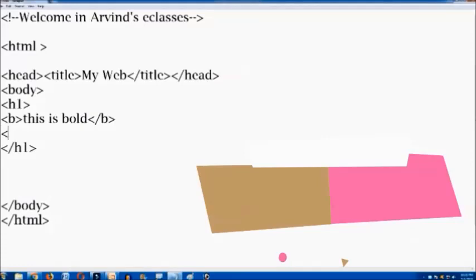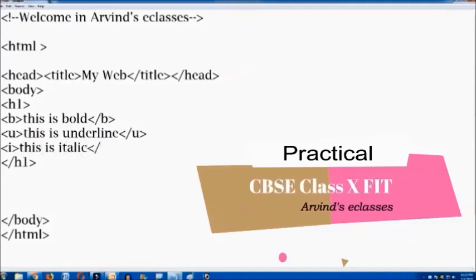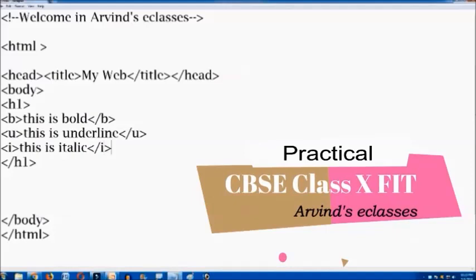And if you want to underline, type this is underline, end of U. Now italic, I, this is italic, end of I. Okay, now Control S, save,